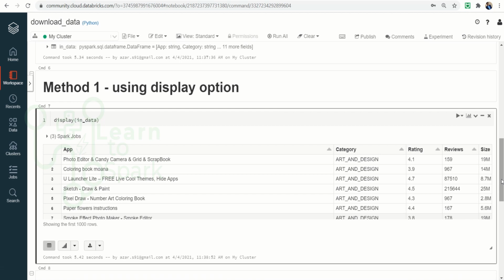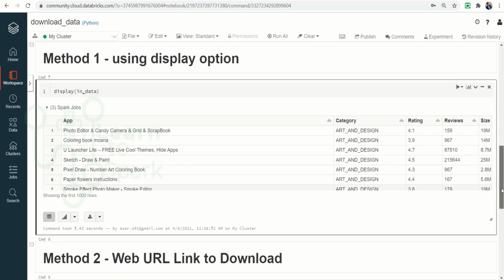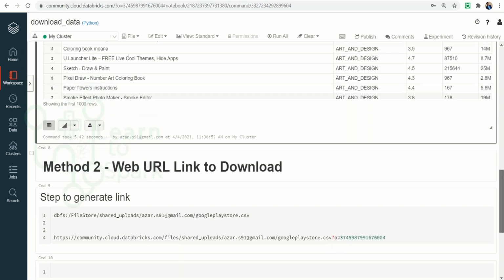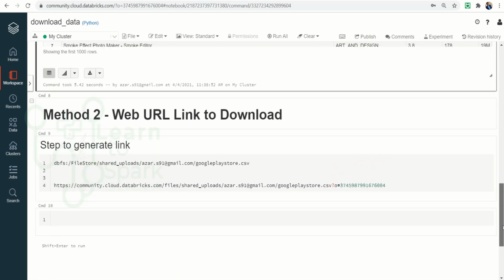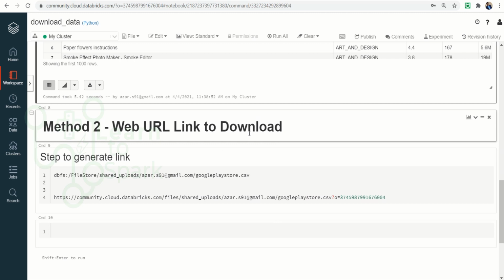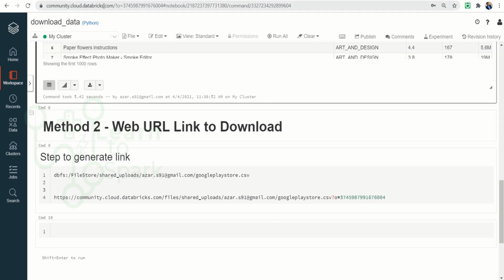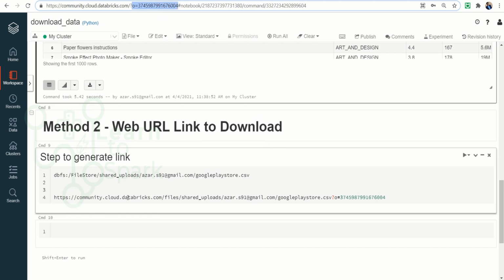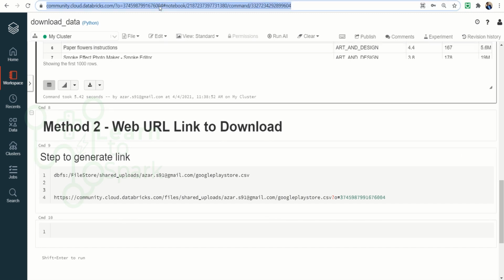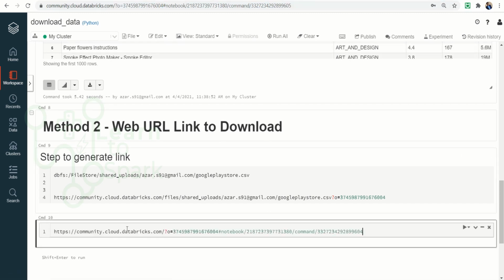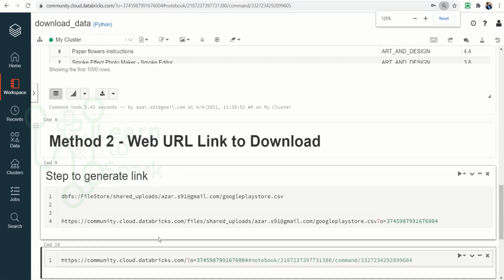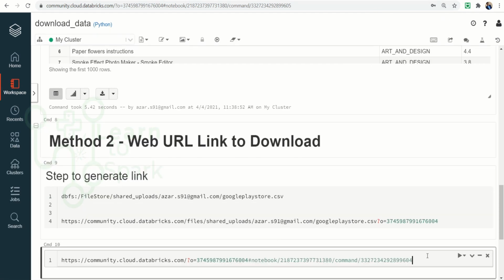The second option is to generate a web URL, which will lead us to download the file into a local system. Let us see how we can generate that. For downloading with the web URL, we need two things. We need the host name, and then you can see something like the authentication object here. So that we need. I have copy pasted the URL. Let me copy it and paste it here. Let me make it somewhat bigger so that it will be visible for you guys.